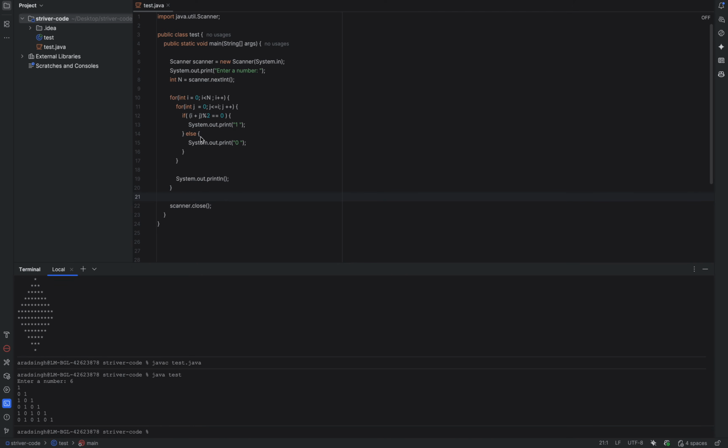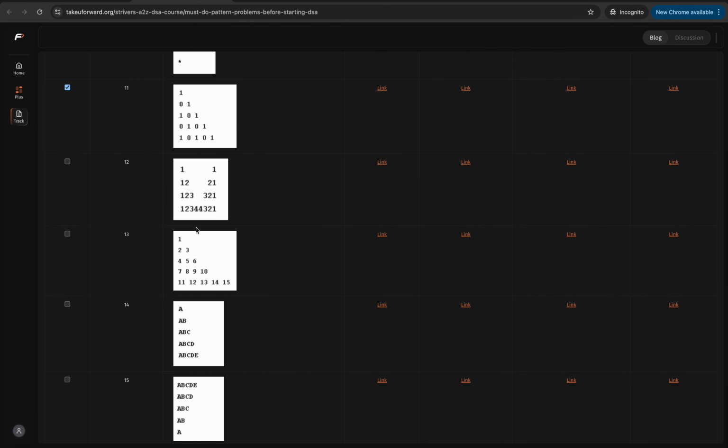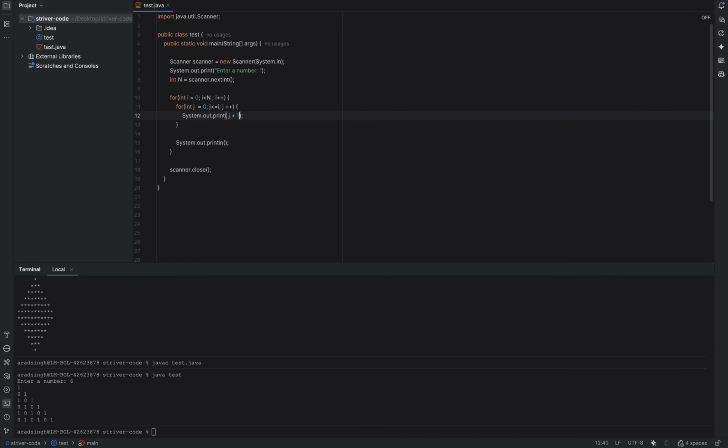So let's say we'll keep the outer loop. For printing the elements, we'll run from 0 to i, that is one time, and we will print j plus 1 plus a space. Space is required, is it? Space is not required, no? So we'll just print j plus 1. And then